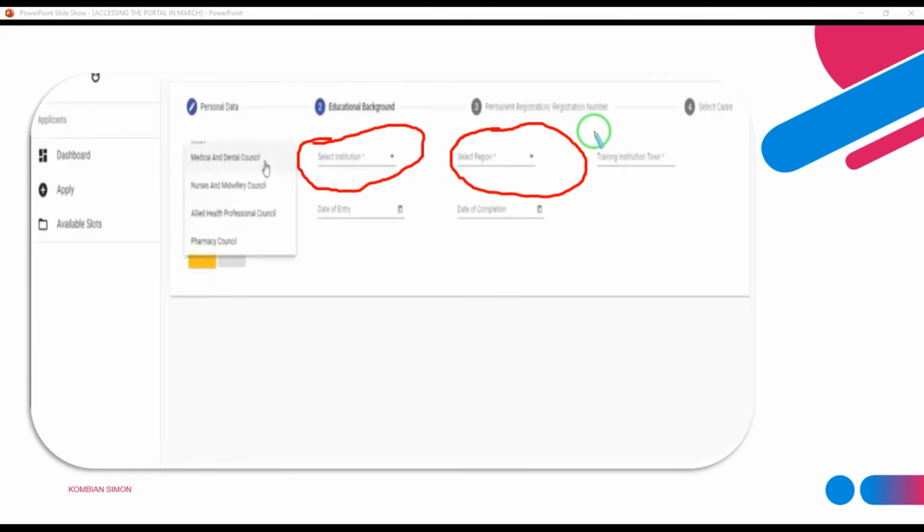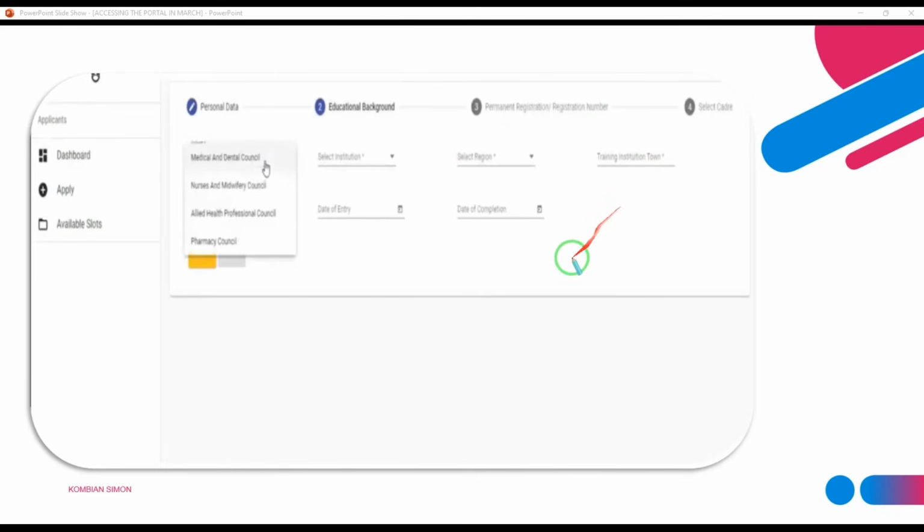You have Greater Accra, we have towns in Accra where your school is located, so you put in that town here as well. And then the date of entry, the date that you entered into the school, you put it in. Remember that I told you, you need to click on the calendar. When you click on the calendar logo, it comes down and gives you an opportunity to key in the